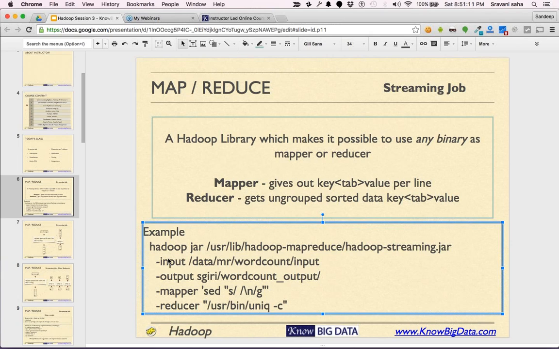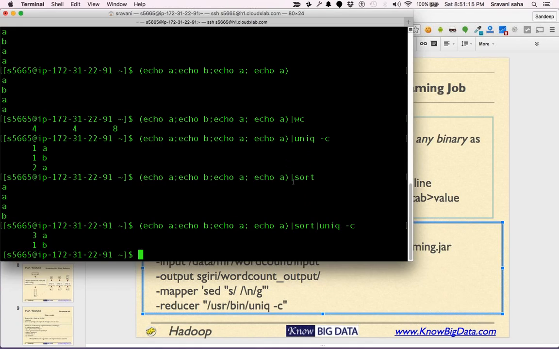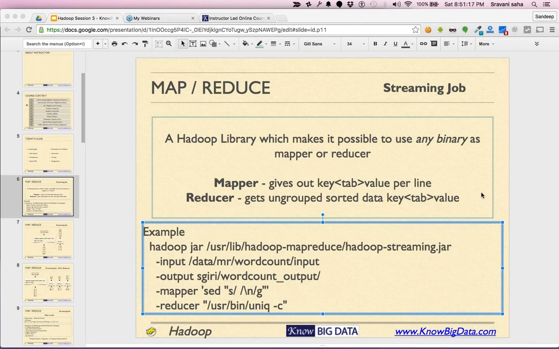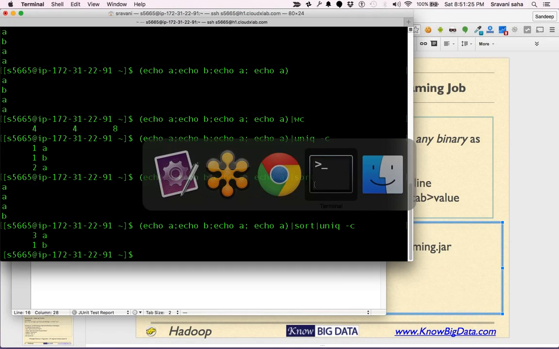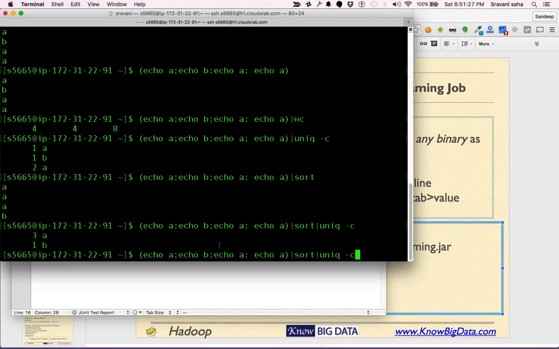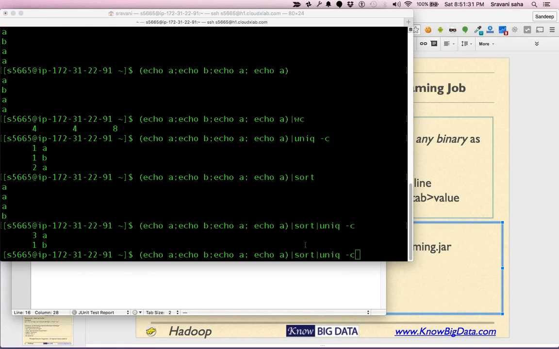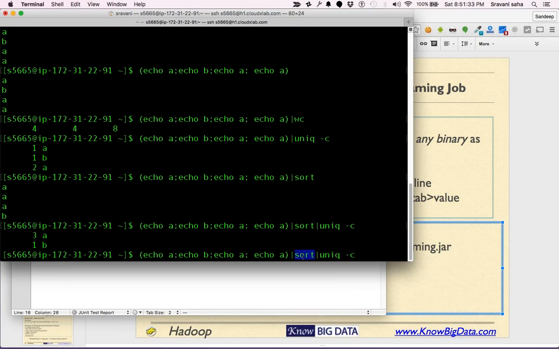Alright. So again, what this command is going to do is take this input file. Now it's going to take whatever input we have, and this is exactly what it's going to do. This sort command is the role of Hadoop.